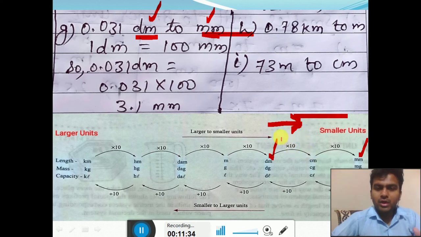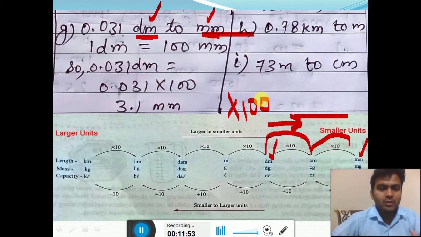So what you have to do? You have to multiply. By which number? Now count the jump, dm to mm. 1, 2 jump. So for 2 jump, after 1, how many 0 will you write? You will write 2 0. So you have to multiply the given number